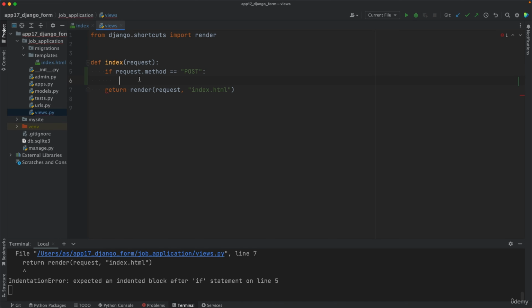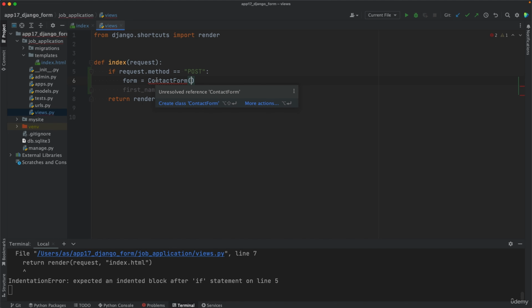If that's the case, then we create some variables such as first name is equal to form dot. What is form? Form is something we need to create, actually. So just above this line, you want to say form is equal to contact form, which is a class that